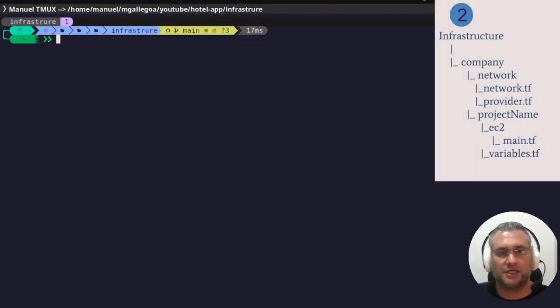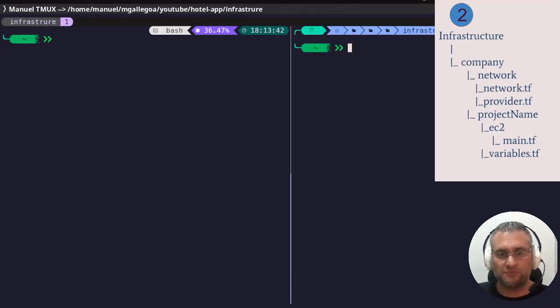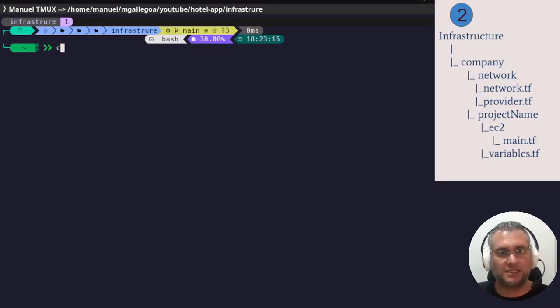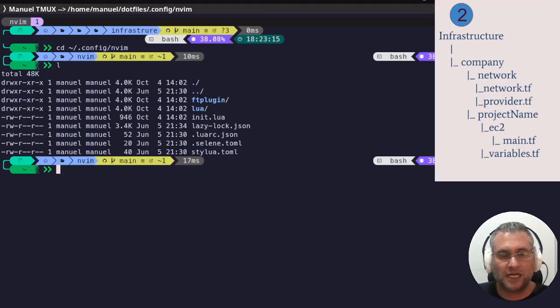Go to the NeoVim configuration. To do that, first I'm going to open a new pane, increase it, and change directory to home/.config/nvim, and here there is all the configuration for NeoVim. I'm going to open a new NeoVim